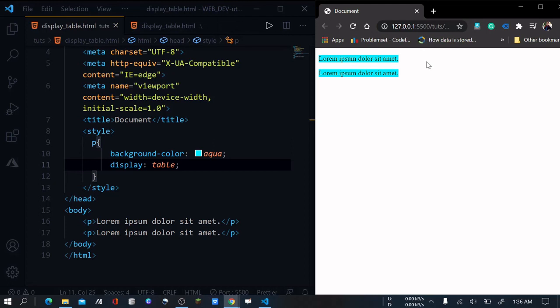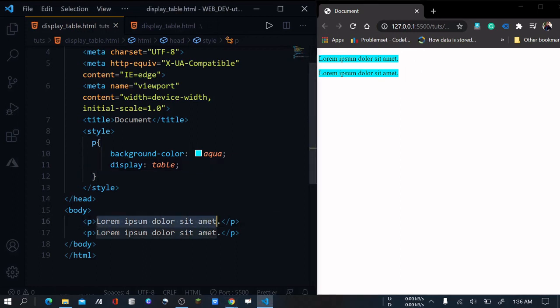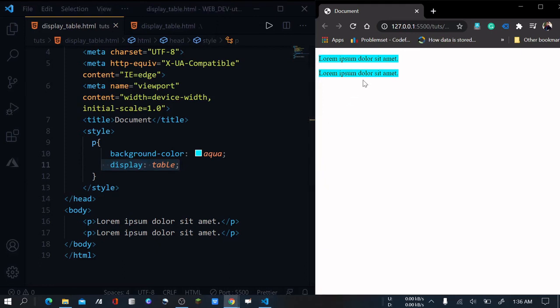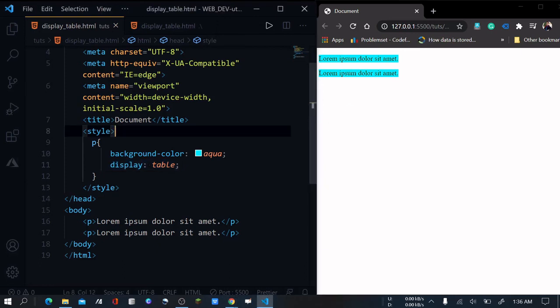It will not expand to the complete width of the window; it will only occupy the width in which the content is available. The content is this one, so it will occupy only this much width. In that way display table is different from display block. I hope with these two examples you are clear about the display table property. So thank you.